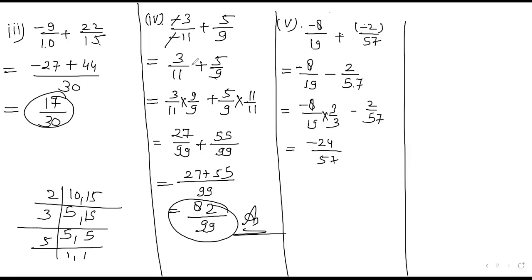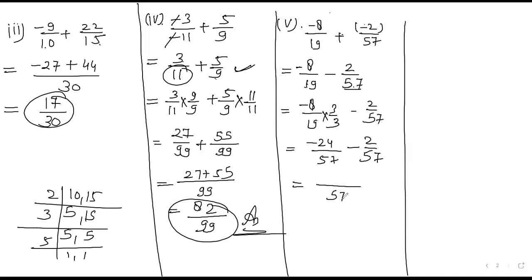Okay, so this will be beneficial when both the denominators are not divisible by each other. If they are divisible, then at least take the smaller number, read the table, reach over there and count after how many times you reach over there. So 19 3s are 57, after 3 times you reach, so you will multiply by 3 and divide by 3, then you will get the numbers. So 2 upon 57. So now it's very easy.